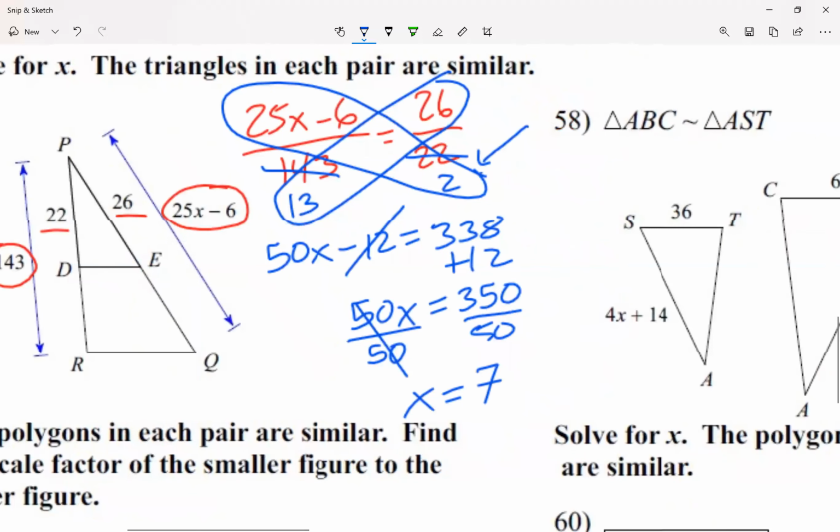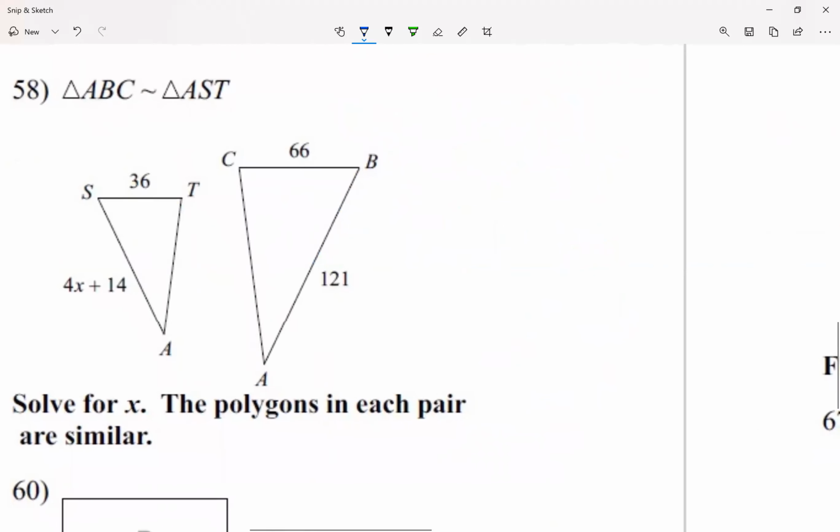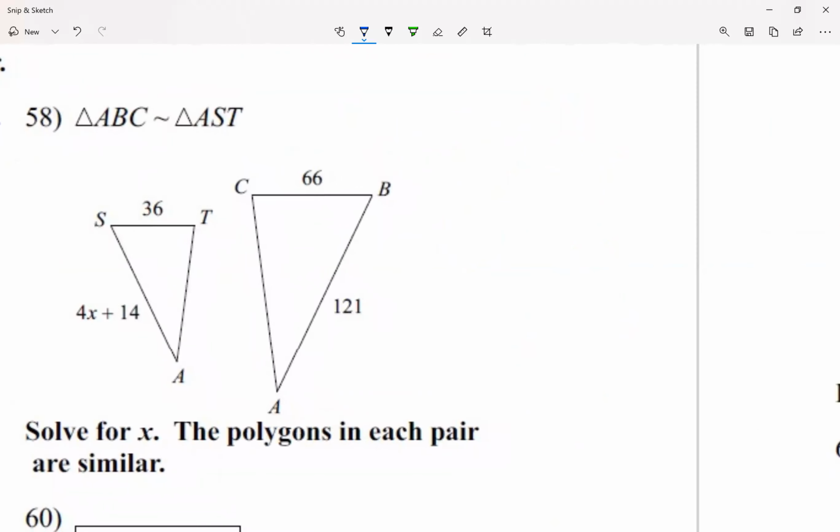Now, let's take a look at number 58. So we're solving for x here. I'm going to say, okay, so 4x plus 14. Now 4x plus 14 goes either with 66 or 121. Okay, so if 4x plus 14 is the bigger side, right, looking at the small triangle, I have two sides, 4x plus 14